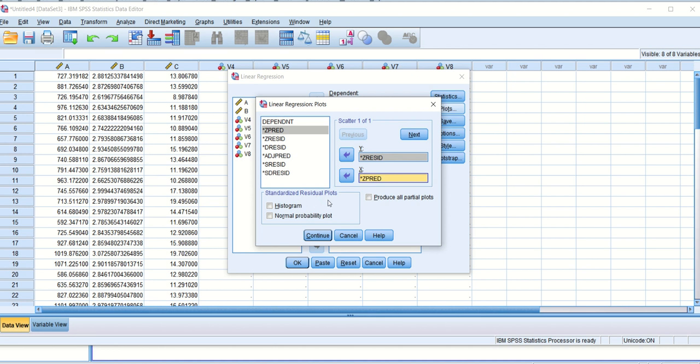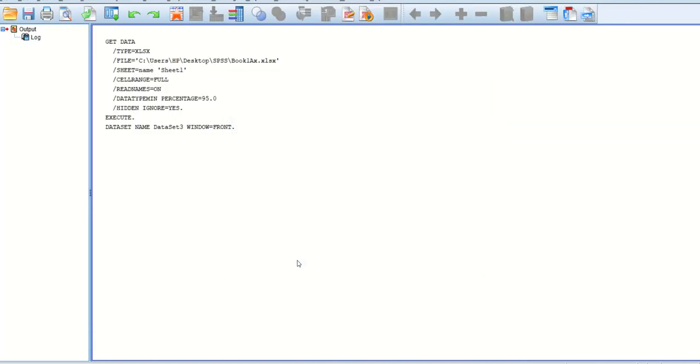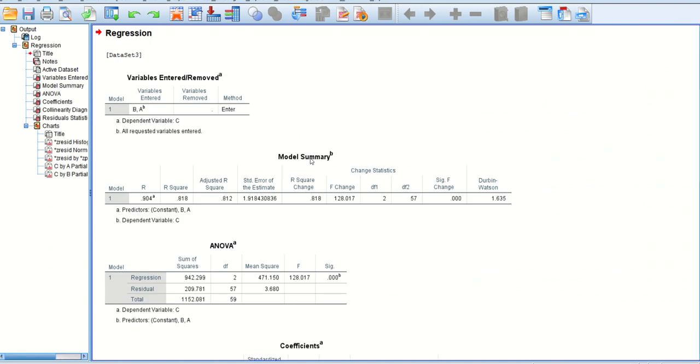Standardized residual plots: select histogram and normal probability plot. Produce all partial plots is also selected. Then click on Continue and click on OK. So wait for the result to